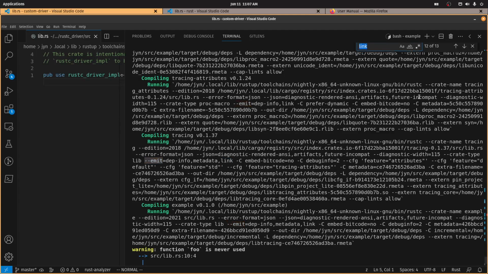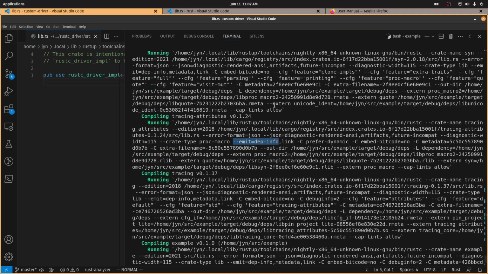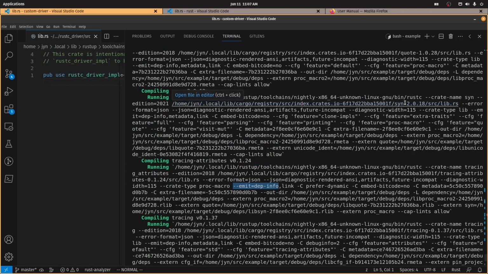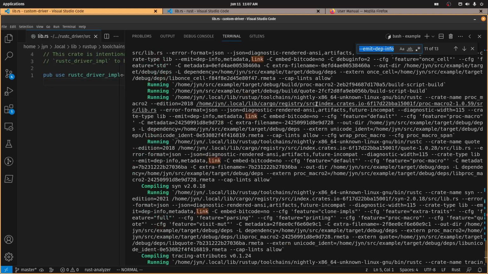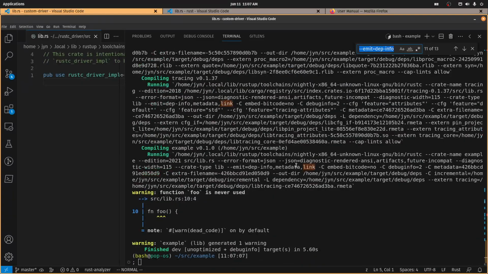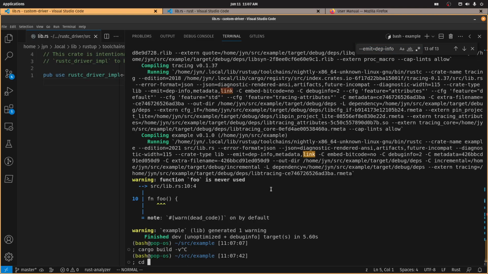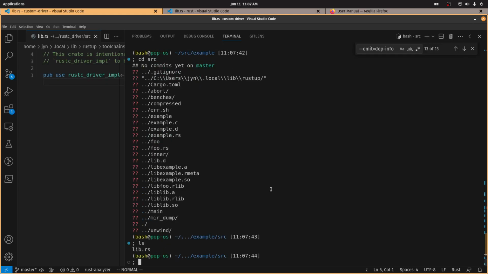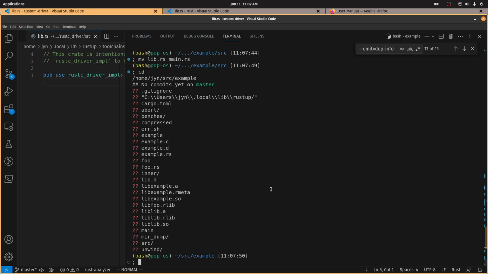Link? Why is it that early? I'm confused. I would expect that only to be passed for the last crate, because that's the one where it actually emits an object file. The other ones... Oh, this is a library and not a main function. That's what happened. Okay, so this lib.rs here tells Cargo that this is a library, and if we move it to main.rs,